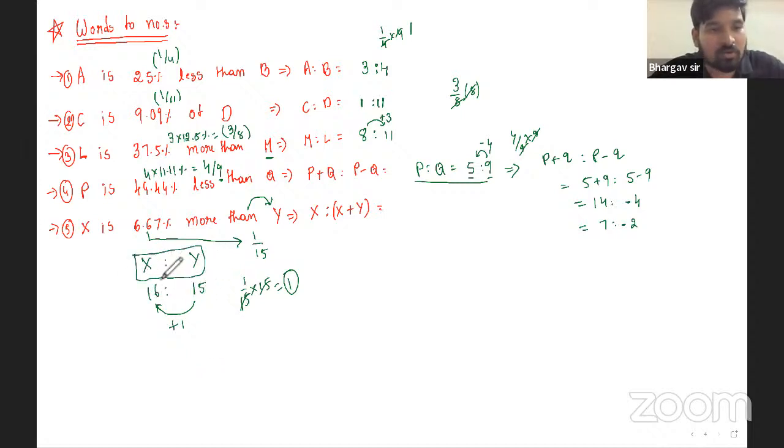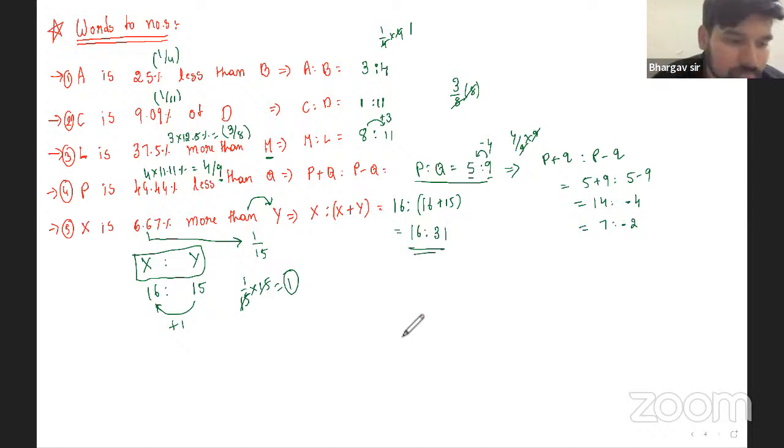But am I supposed to find out x is to y? No. I am supposed to find out x is to x plus y. Right? x की जगह 16 ले लेता हूँ, x plus y की जगह 16 plus 15 ले लेता हूँ। So 16 plus 15 is 31. So मेरा आंसर होगा 16:31। ठीक है। So now that you understood how to use percentages and ratios at the same time, ठीक है।